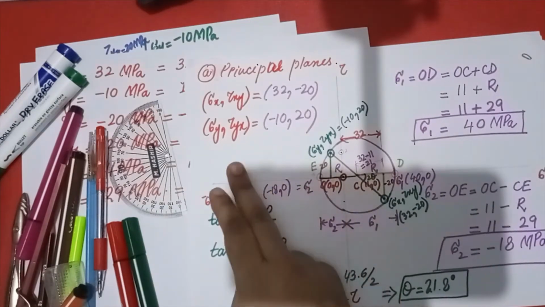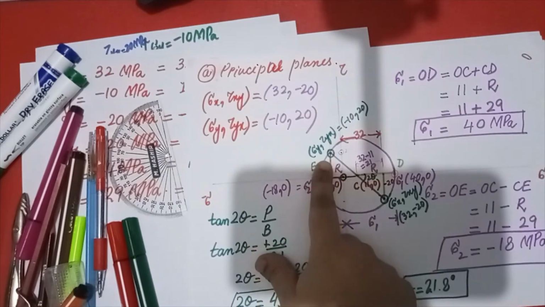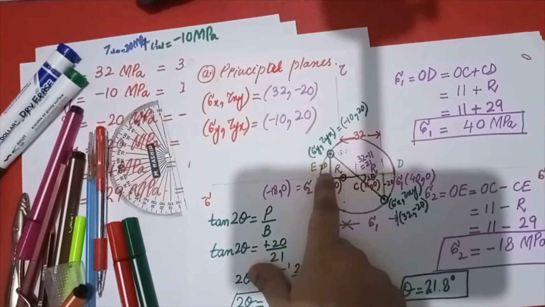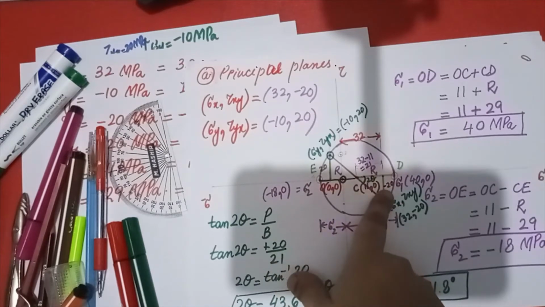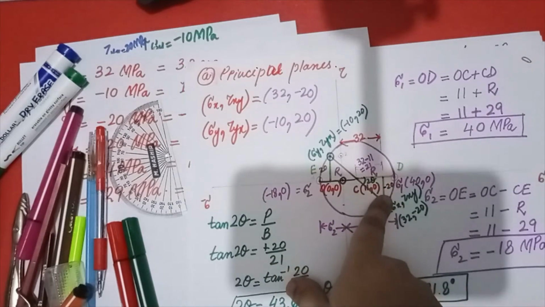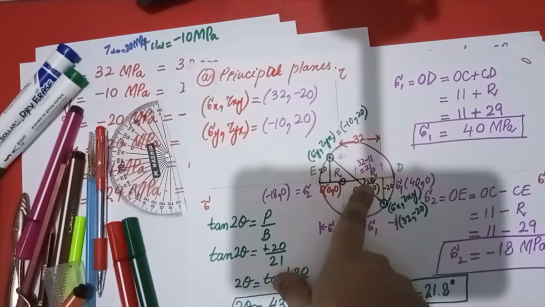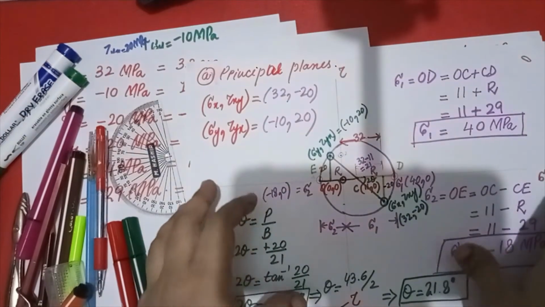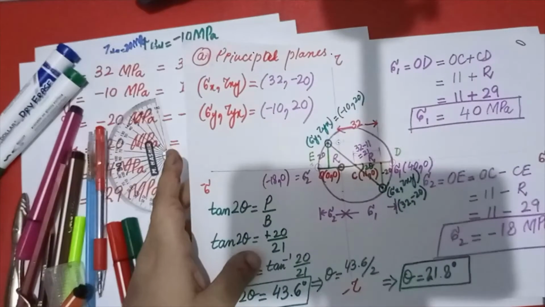You have to plot those points which are given in the question in the diagram. You will plot them and join them by passing the line through point C. Then you have to drop the perpendicular and take the base length and perpendicular length. When you get this, you can easily find tan 2 theta. When you get 2 theta, you will get your theta. After this, you will get your differential element, so make it. So this is all about part A.